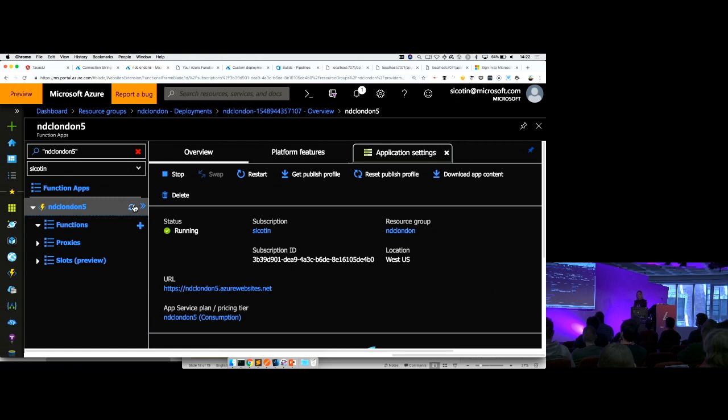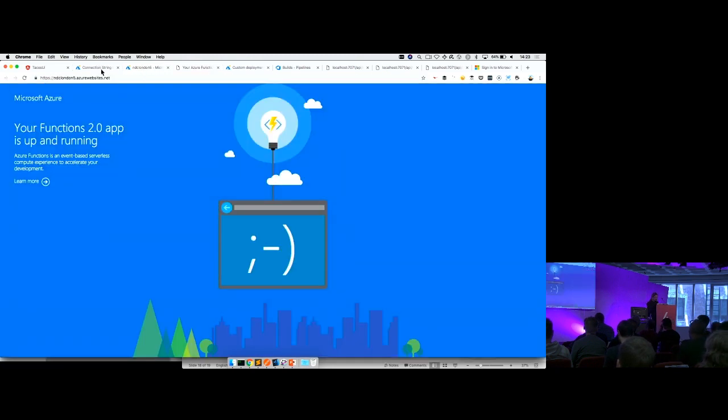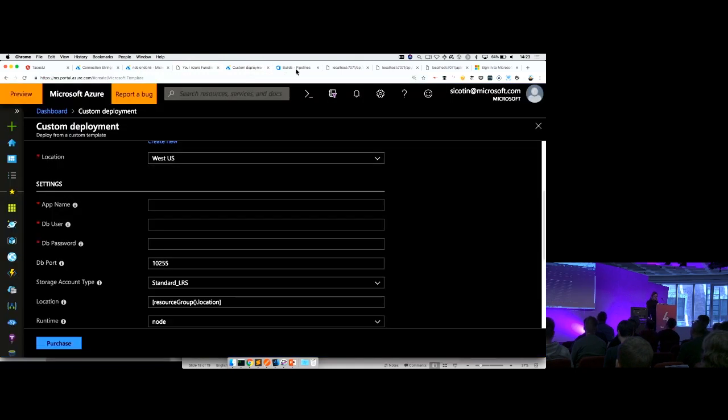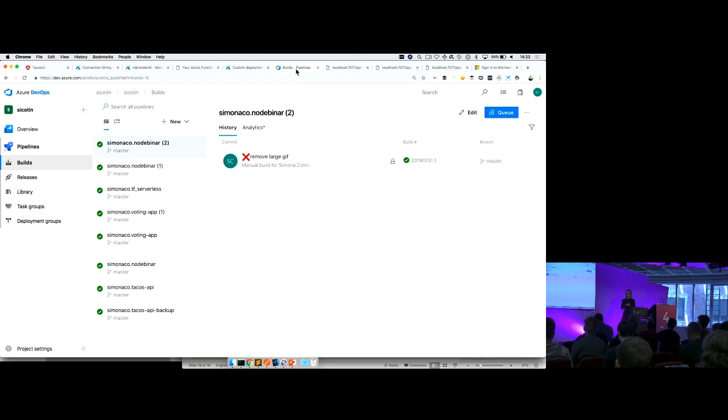And I can deploy my code using the right-click deployment. But what would be even more interesting was if I had my code in a GitHub account, in a GitHub repository, and then connect a CI/CD pipeline to always push my code to this particular function app whenever I make a change. So I already have my code on GitHub. It's the repository you've seen earlier. So what I'm going to do is I'm going to go to Azure DevOps. So that's dev.azure.com.